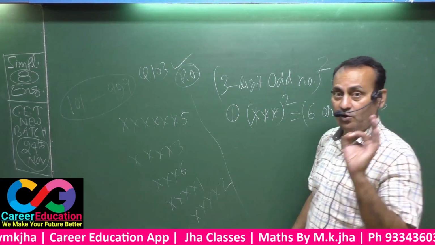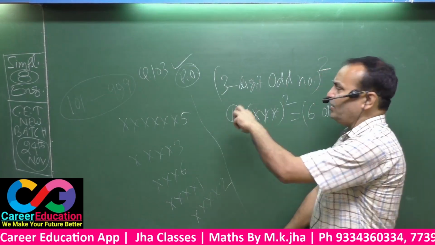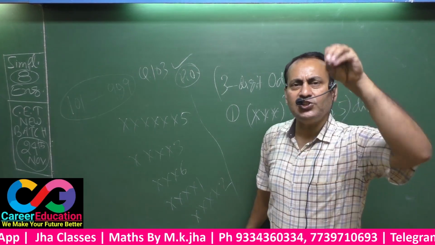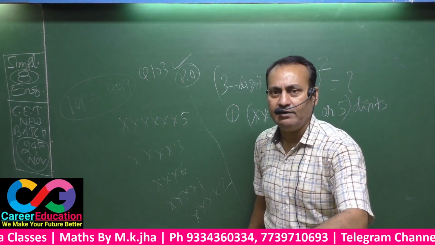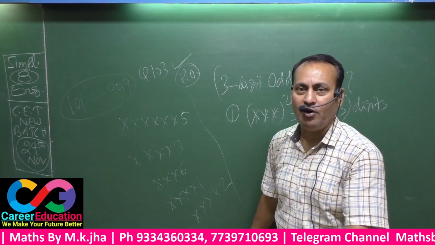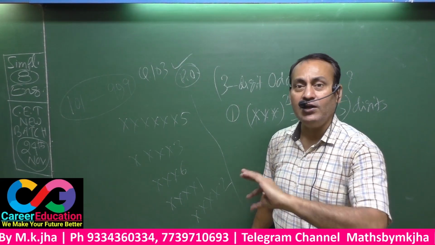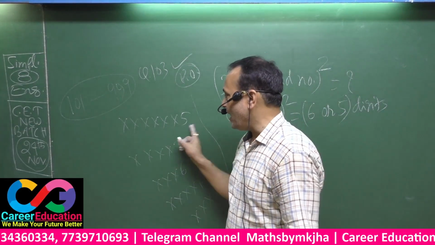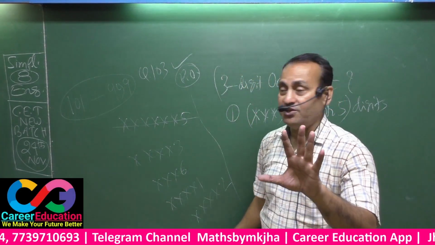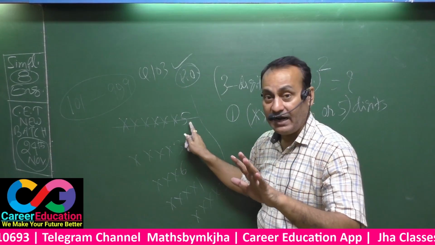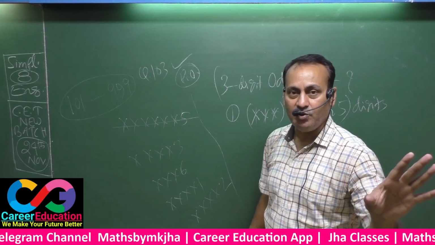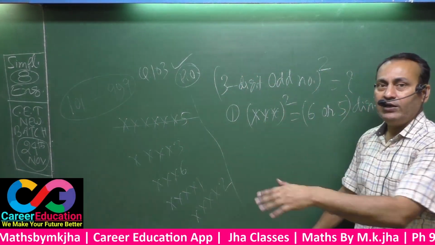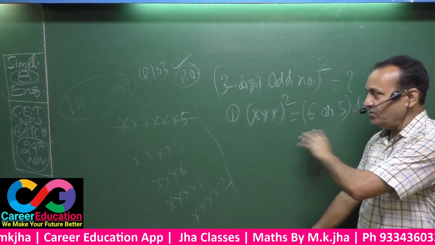This is one rule to be applied here. That means since a 3-digit number has been squared, certainly the result must have only either 5 digits or 6 digits. See here, this option can't be your answer as this number has 7 digits. Count 1, 2, 3, 4, 5, 6 and 7. This number can't be your answer as it has 7 digits, but your answer may have only either 5 digits or 6 digits.